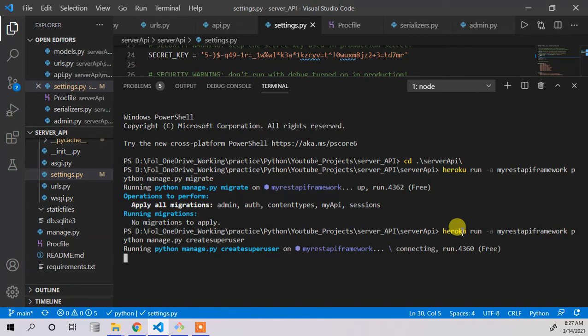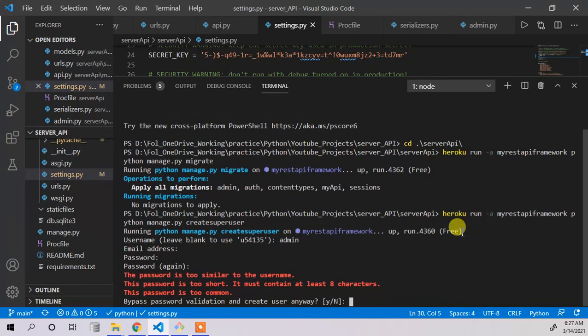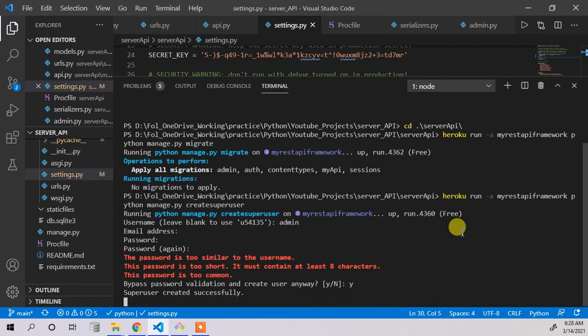So now it is the process of creating the superuser, and we will provide the same username and password that we entered for the local machine. Okay, it is asking for the username. I said okay, admin, no email address, and the password is the same. Okay, yes, now it is created, and I believe we don't need to push it again.